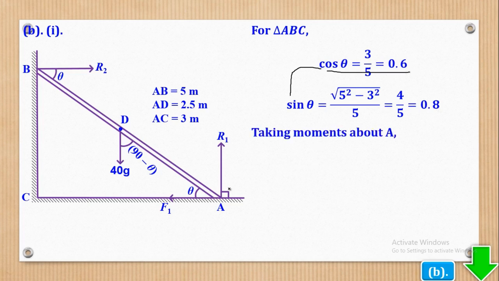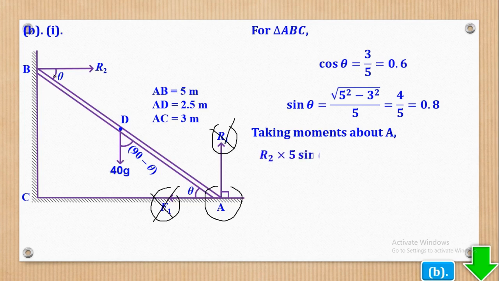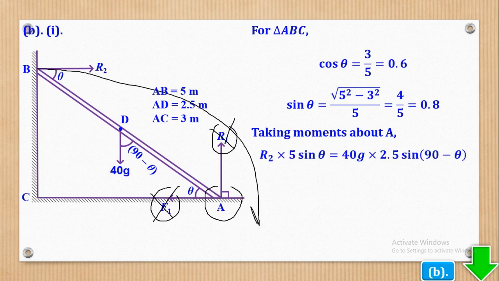So taking moments about A, we shall remember that all forces whose line of action passes through the pivot have 0 moments. So this force has 0 moments, so we shall cancel it out. And this force has 0 moments, so we shall cancel it out. So we remain with this and this. We shall start with R2. If you stand here, this is the pivot, this R2 will have a clockwise moment, and this 40g will have